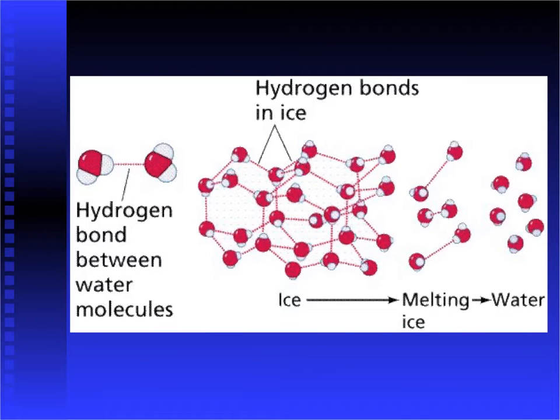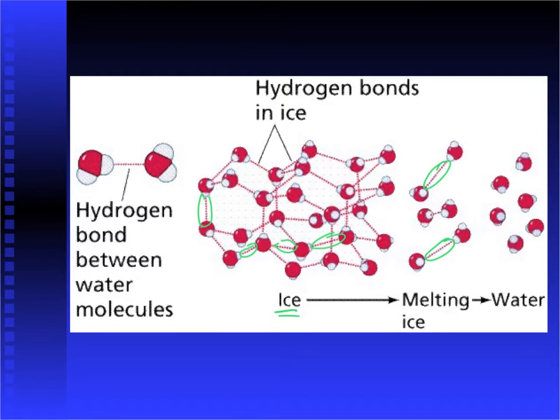Hydrogen bonds also help water to form the crystal structure that it is in when it is a solid, which of course we call solid water ice, right? And so you can see there's a lot of hydrogen bonds in ice that hold the water in place in a specific structure, and then it's frozen when the molecules stop moving as much. And then when ice warms up and starts melting, we still have hydrogen bonds, but there are fewer hydrogen bonds in liquid water